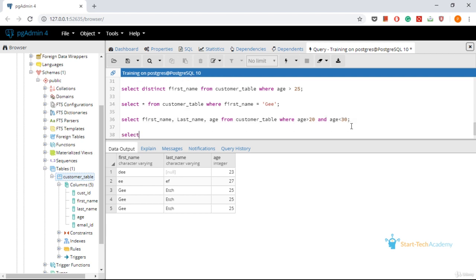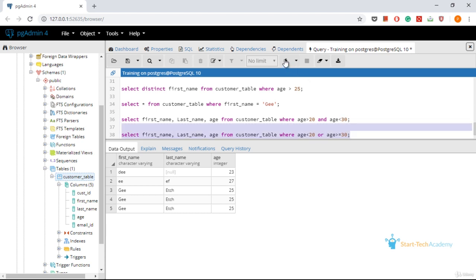Select first name, last name, age, where age is less than 20 or age is greater than equal to 30.